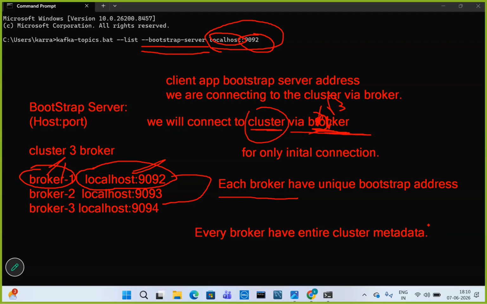So, a bootstrap server is simply the host and port. If someone asks what a bootstrap server is, it contains the host and port address of a Kafka broker, for example, localhost:9092, that clients use for the initial connection to the Kafka cluster. So the bootstrap server helps the client connect to the Kafka cluster